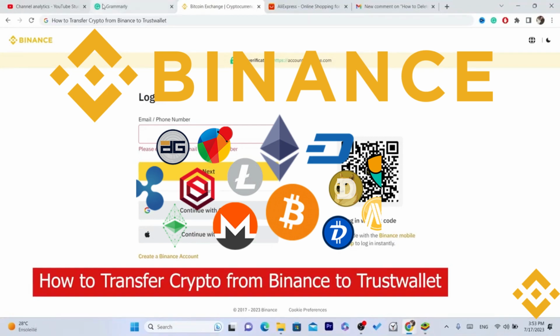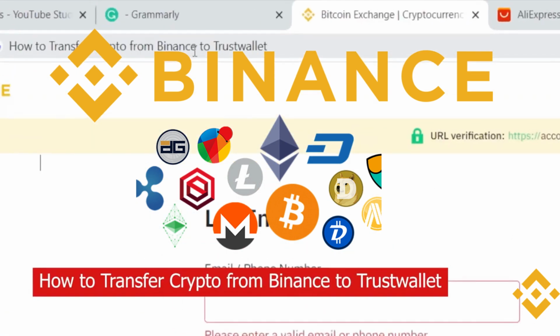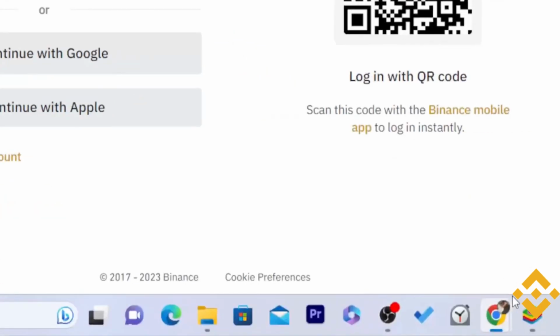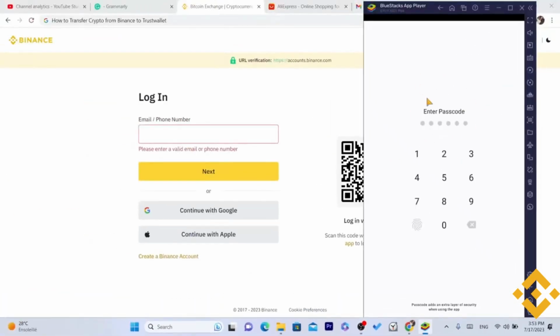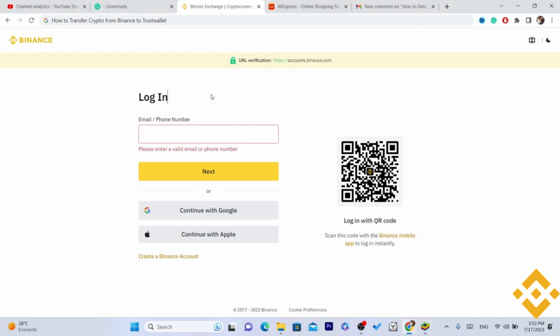In this video, I'm going to be showing you guys how you can transfer crypto from Binance to Trust Wallet. Now, as you can see, I have opened my Trust Wallet inside my phone. So yeah, that's what you need, guys, too. So you need to open your Trust Wallet so that we can get the Bitcoin address from Trust Wallet,